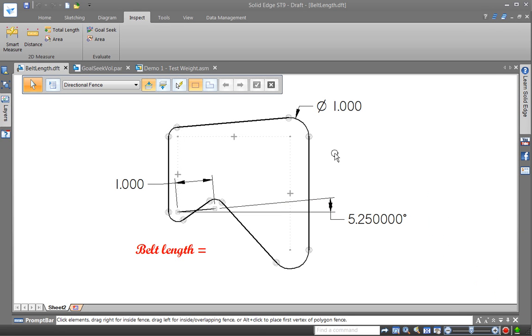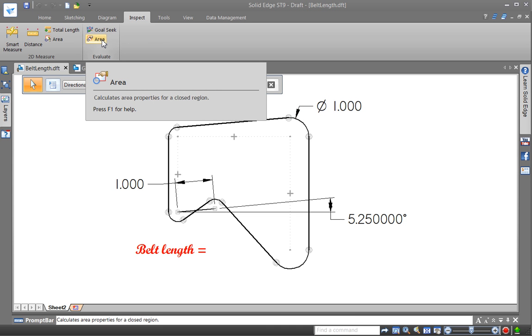Goal seeking. So what do you do when you have a goal in a design but you don't know how to get there? You know what you're willing to change, but you don't know what the exact input value is that would result in the exact output that you're seeking. There's a very cool feature in the 2D environment as well as the 3D environment, Part 3D and assembly environment,